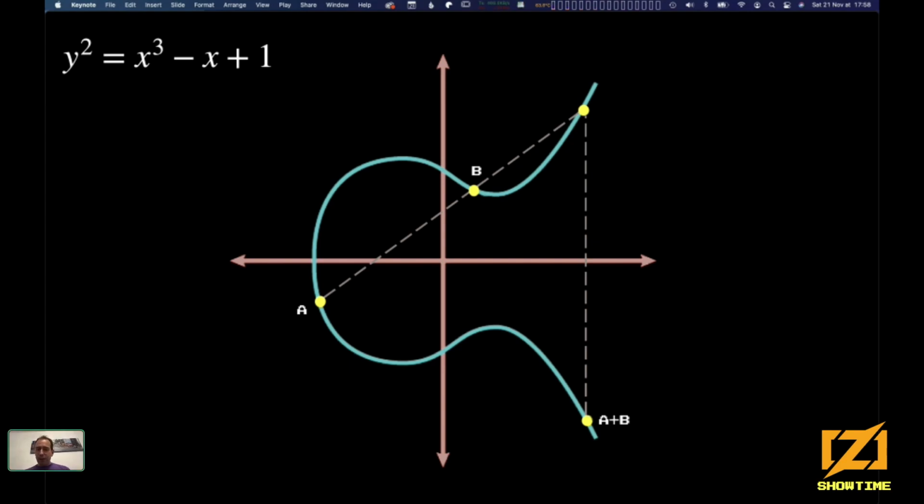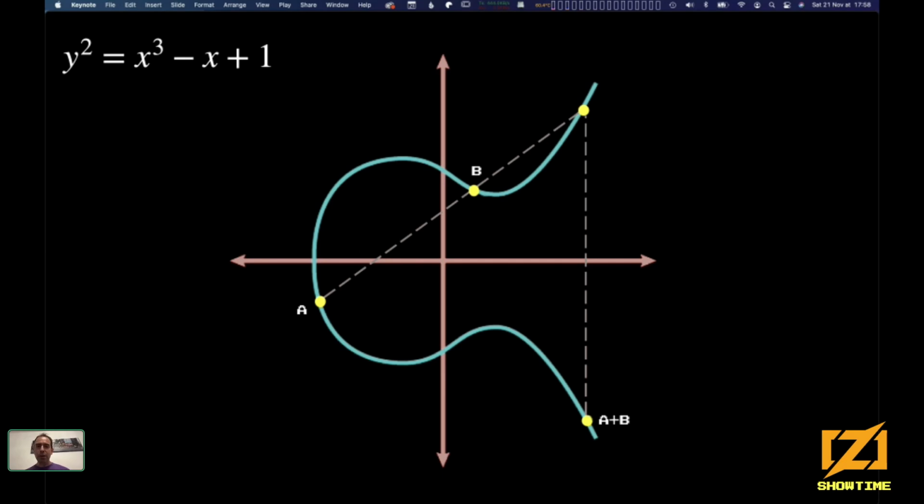These are elliptic curves, so different kinds of curves exist with different forms for their equation. This one is probably the most classic one, if only because it's very easy to visualize how the addition works. So this is what we do. We have point A, point B, and we are going to draw a line that goes across A and B. And this line is going to come across another point on the same curve. And that point could be A plus B.